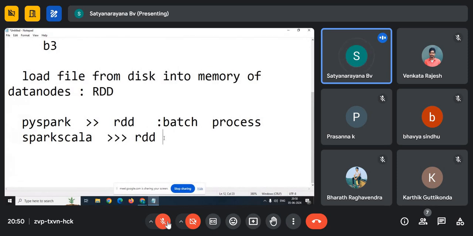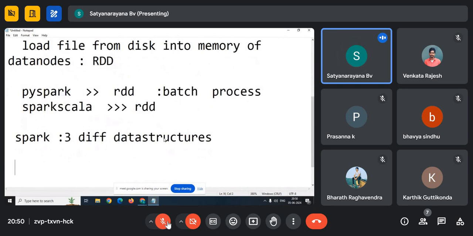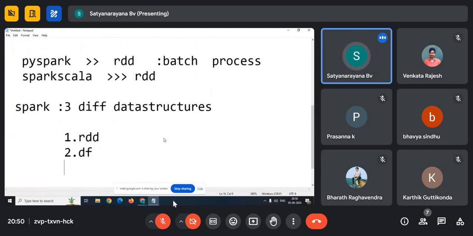file. Understood? So that's the reason Spark supports 3 different data structures to analyze data: one is the RDD, where you can analyze the HDFS file by creating an RDD, the second you can create is a data frame, or the third is a data set.